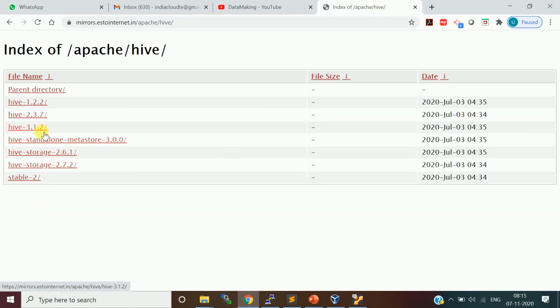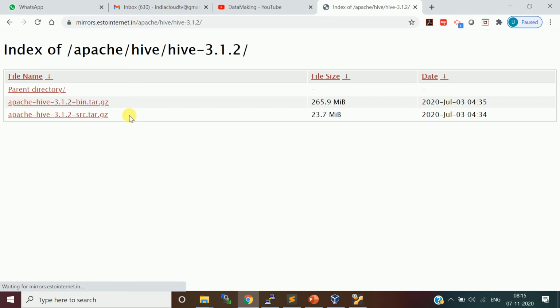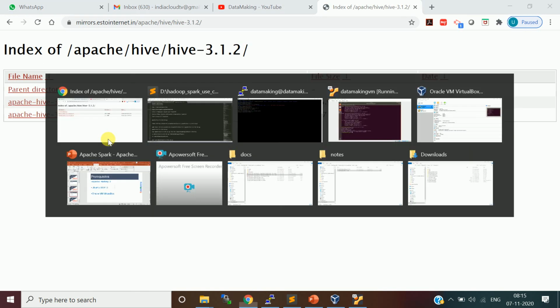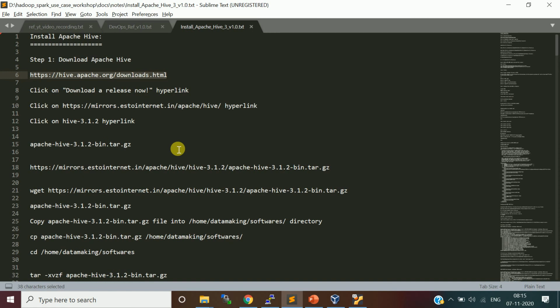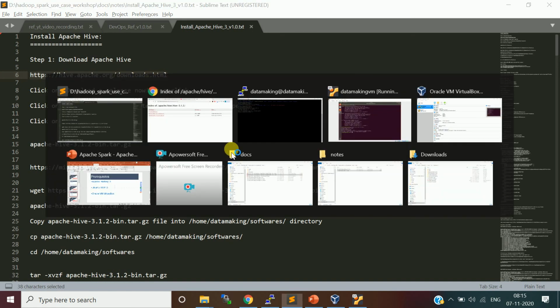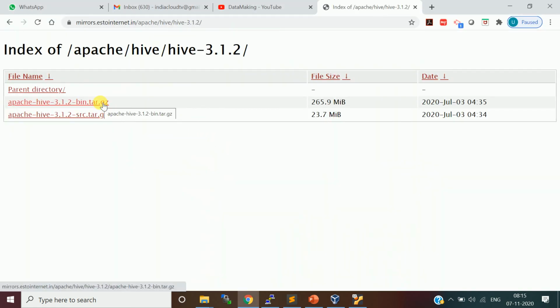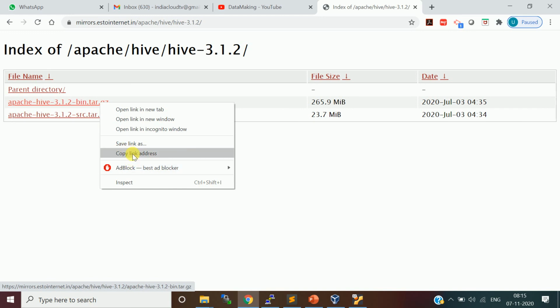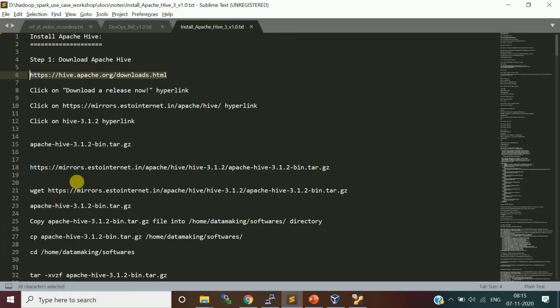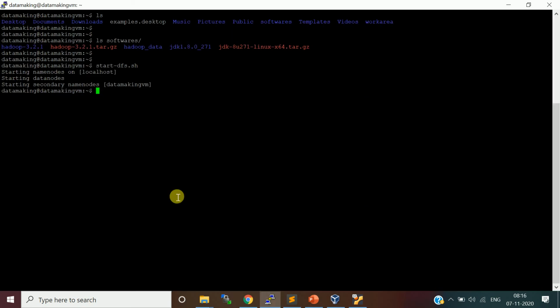I am going to choose 3.1.2. I already took the link. You can right-click on this binary file, copy the link address, and I'm going to use wget to download the file.